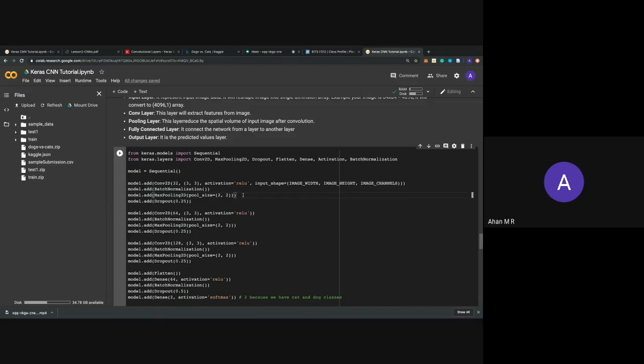And max pooling particularly helps you in downsampling. I'm dropping out a quarter of the neurons at every layer, because our image is pretty big. It's a 128 by 128 image. I want to not overfit my training data, and at the same time I don't want to learn too many parameters. So I'm using a dropout which is pretty big here in the CNN. And I've used 32 filters here, then I chose to use 64 and 128 filters.